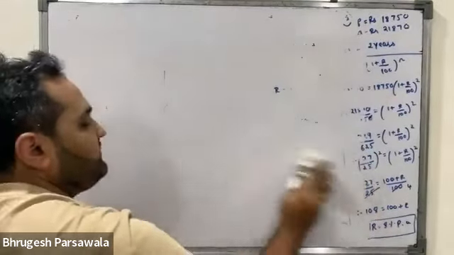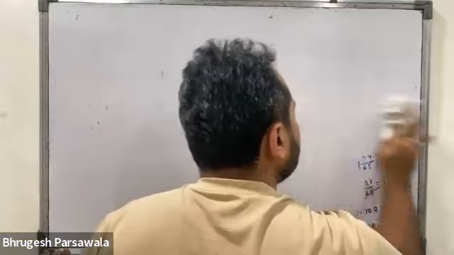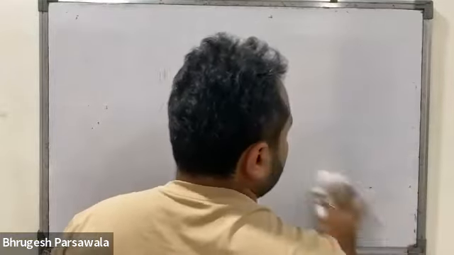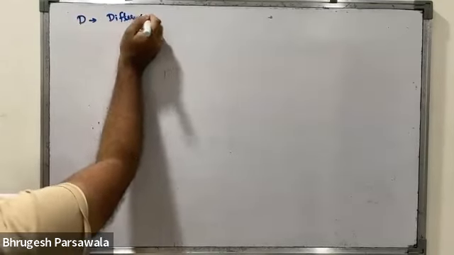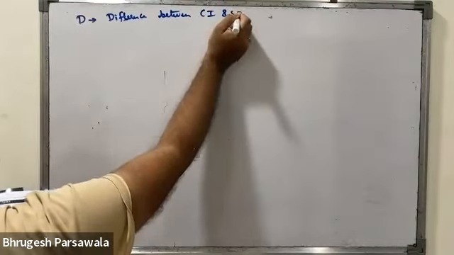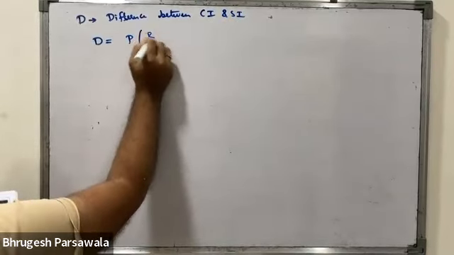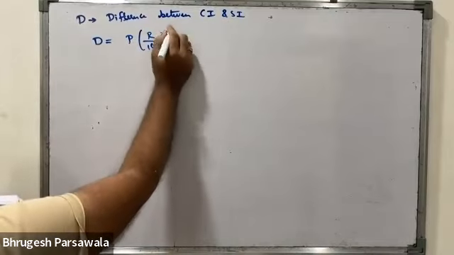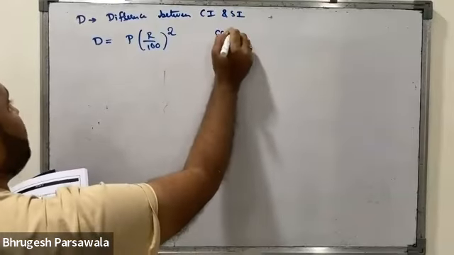D stands for the difference between CI and SI. The formula is D equals P times (R upon 100) squared. Simply R upon 100, no 1 plus. This formula is to be utilized only when compounded yearly